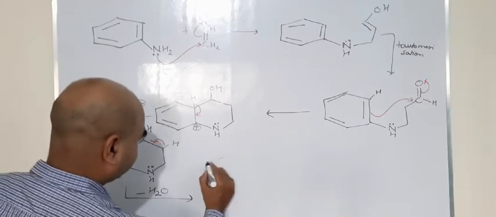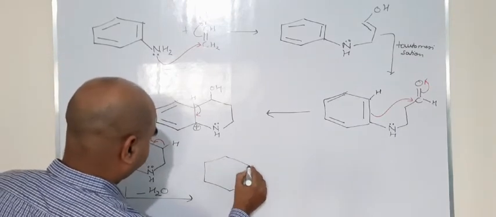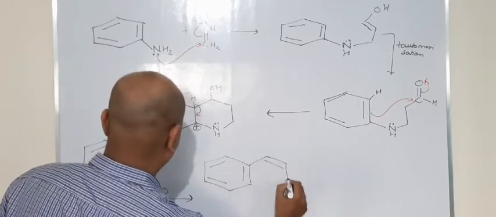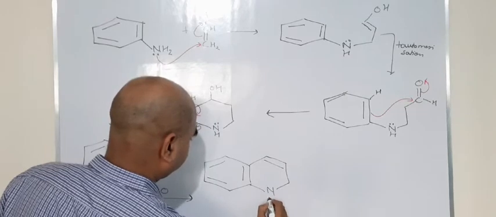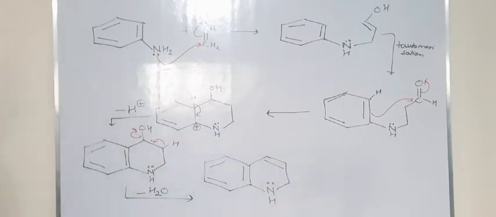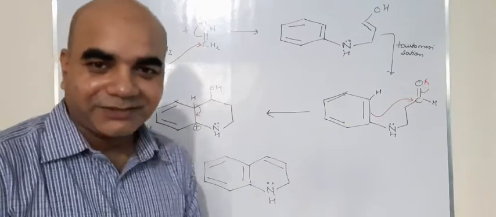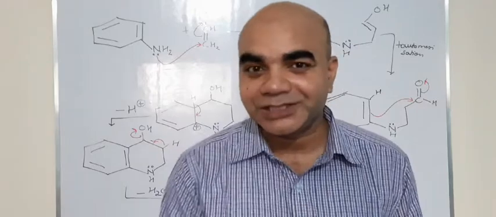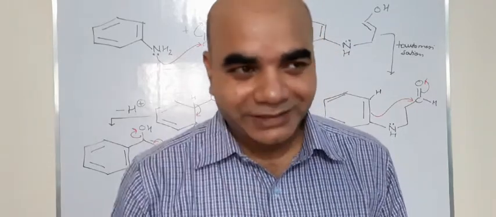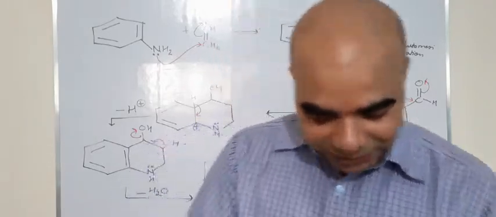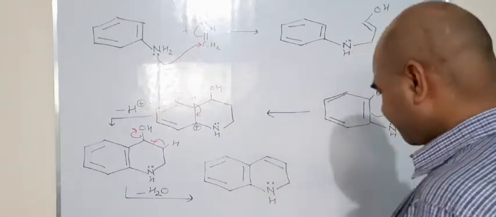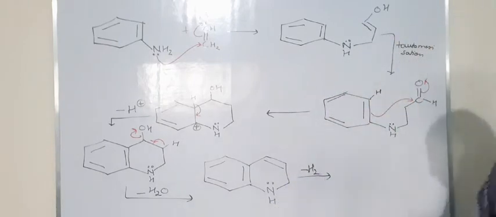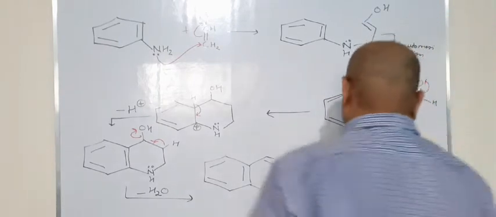So we will end up with this compound, and remember in the very beginning I told you that there is a step of dehydrogenation or aromatization or oxidation, whatever you want to call it, and after removal of hydrogen we get